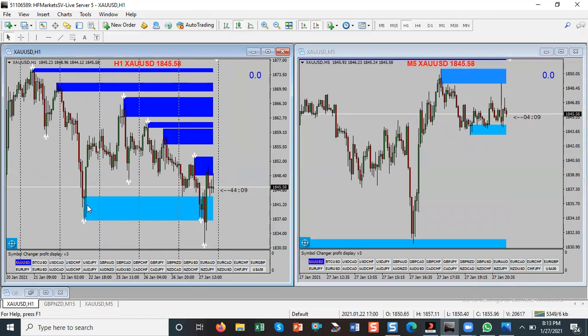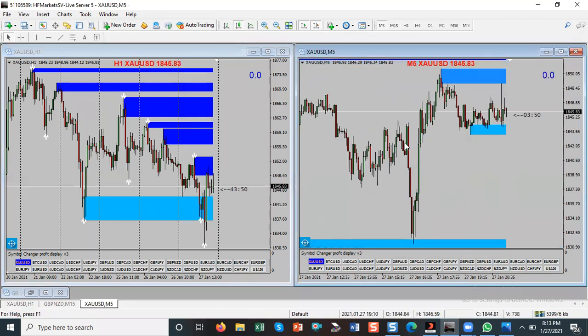Once you identify that this is a downtrend, all you have to do is, once a supply zone is drawn, let's use this one. This is a supply zone for today. Once you see a supply zone of the 1 hour time frame,